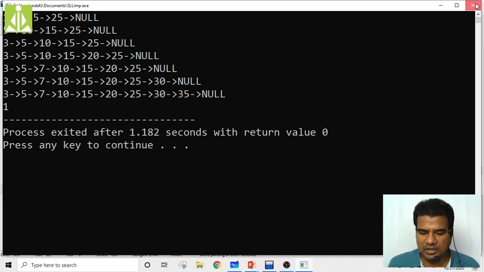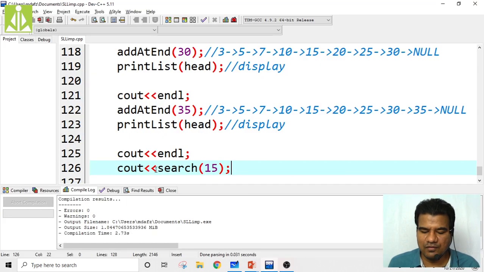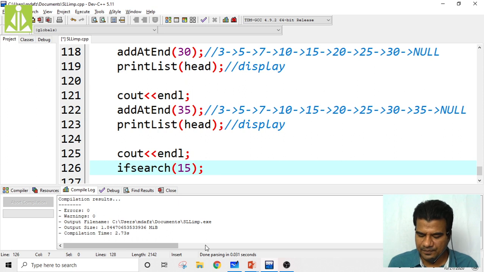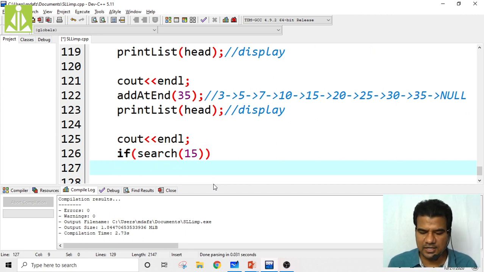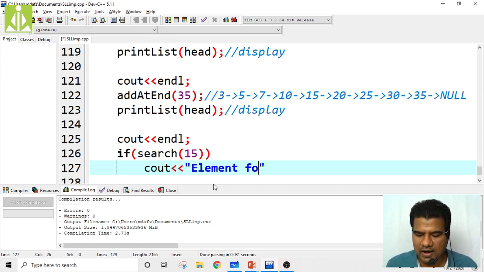Because we are finding that one, we modify the code: if search of 15 is true, then cout element found in SLL, singly linked list.